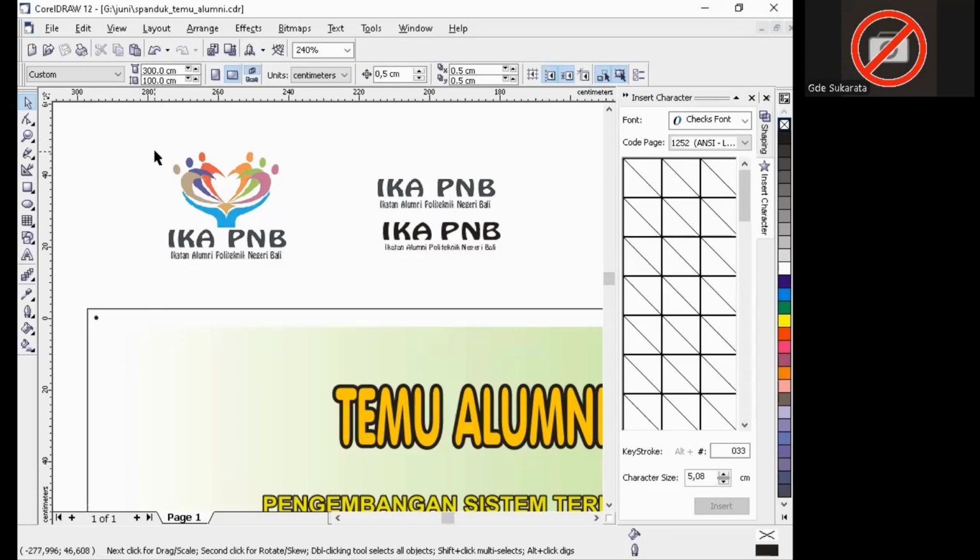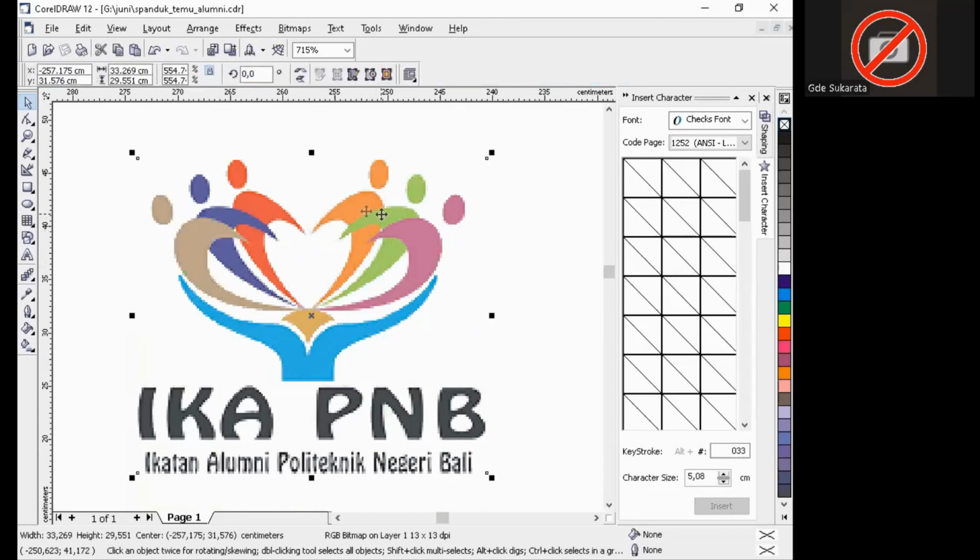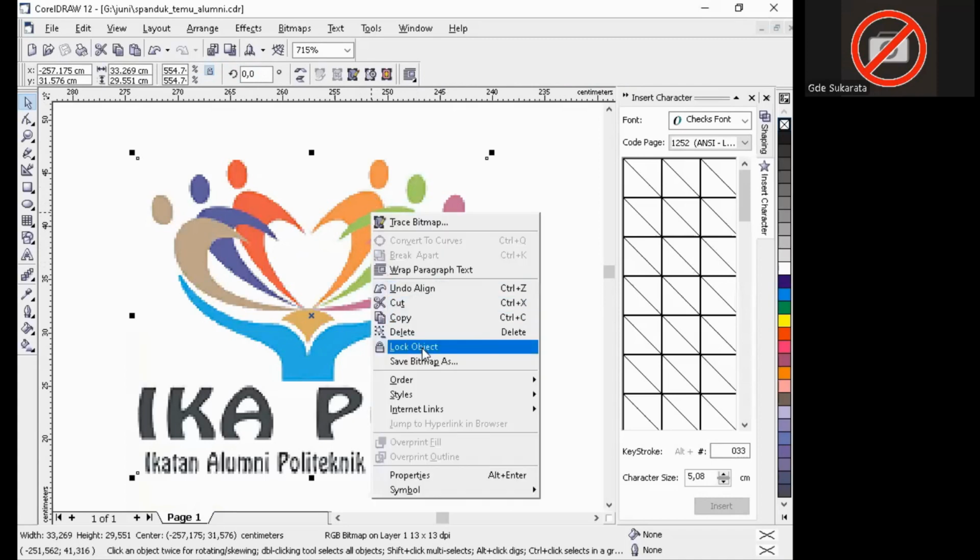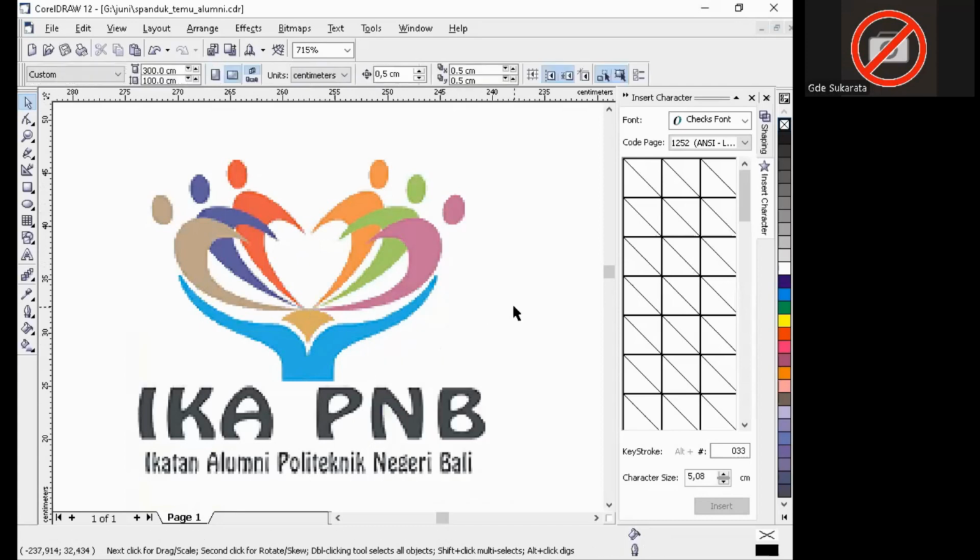Press function 2. That's it. After that, we can lock this object. Yeah, you can choose right click and lock object. Okay, let's try, but I will teach how to use this, and we can modify the logo.